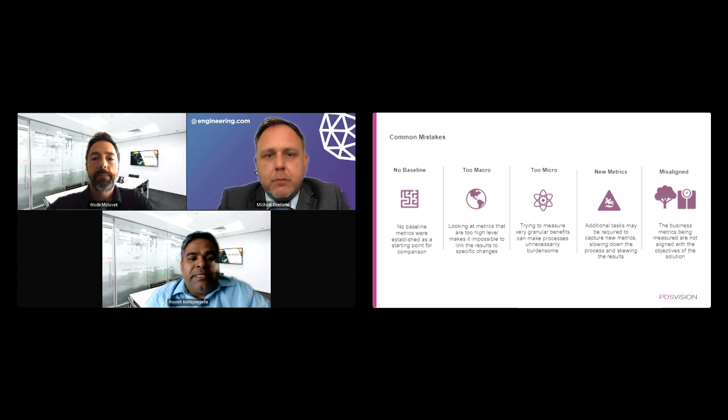I'll just probably summarize by saying that the key thing is that balance, right? There's the risk of trying to measure too many things so that it creates noise. So how do we extract the signal from the noise? I think that's the key thing. And sometimes it may need some experimentation to get onto what really matters.